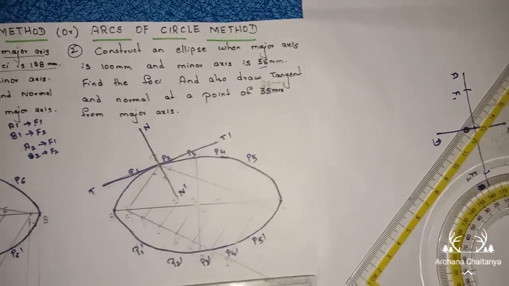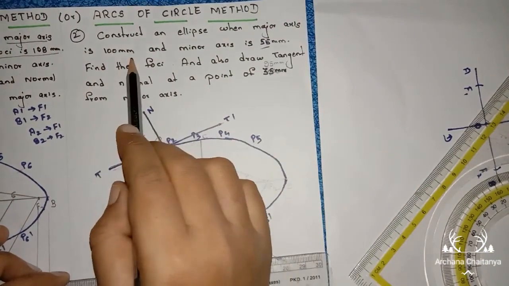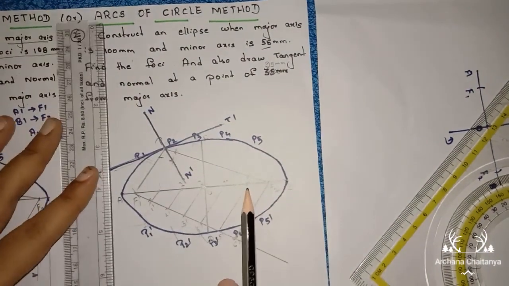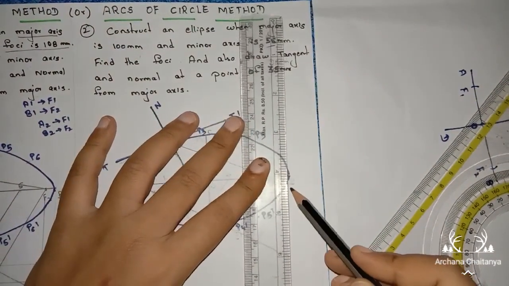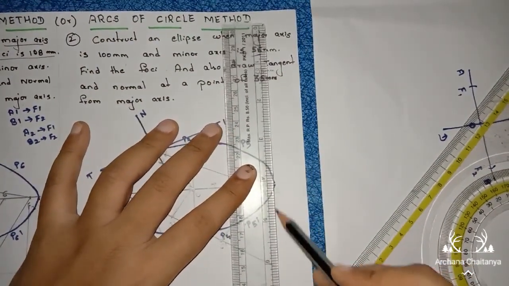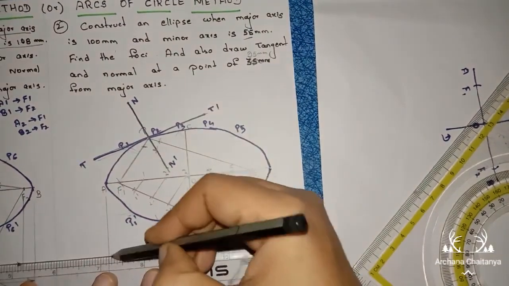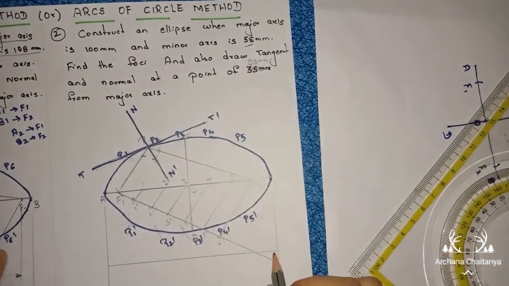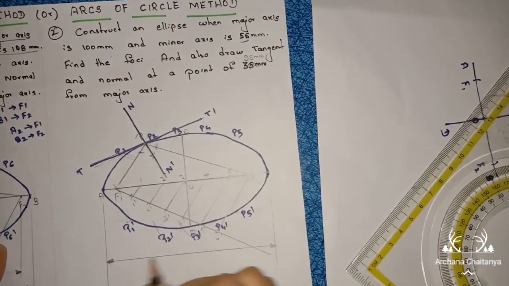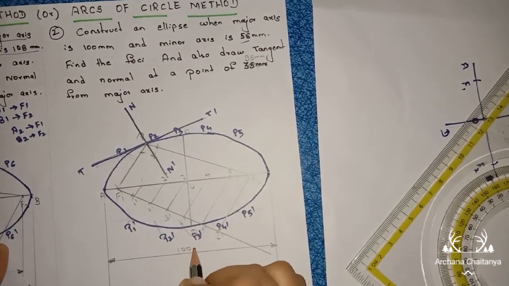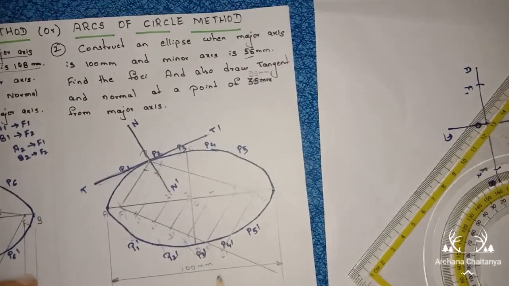After completion of your problem, you have to mark the dimensions properly. In question they mention major axis is 100 mm. Right, read the question and mark the dimensions. This is your major axis. Draw the extension line from A to B, right, and mark the dimension here. Draw the dimensional line, closed and filled arrow marks, right. Major axis 100 mm.